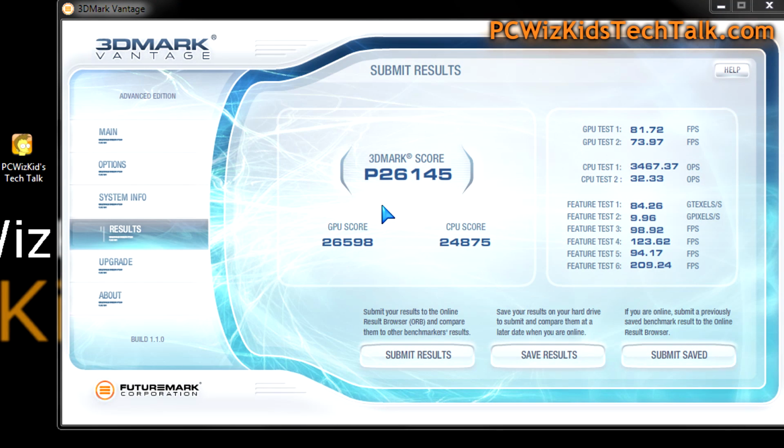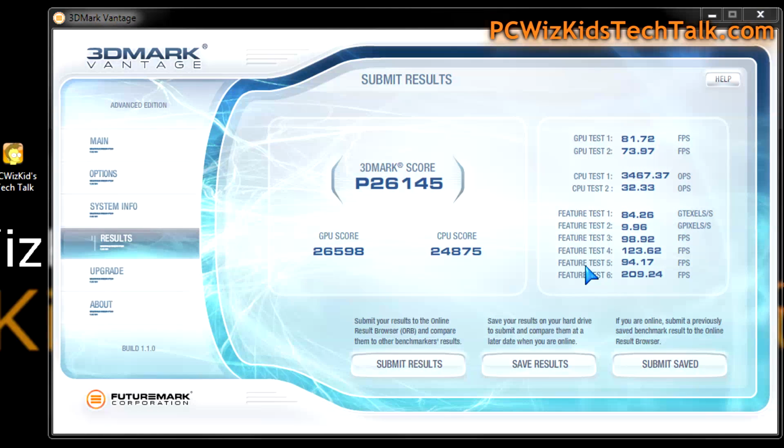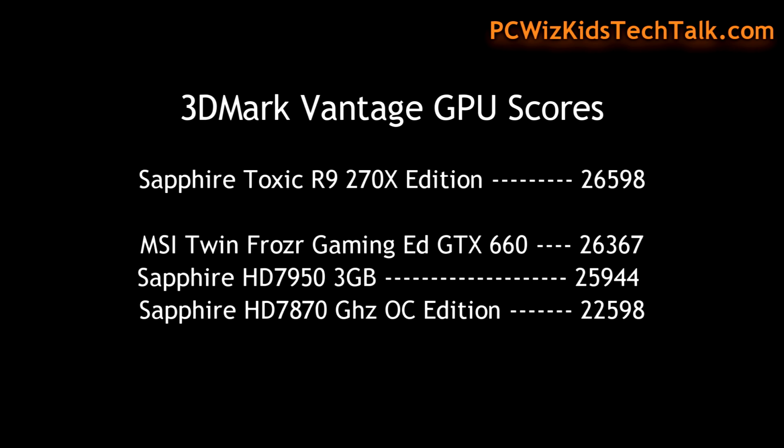Now, looking at some benchmarks, starting with DirectX 10 benchmarks from 3DMark Vantage, you can see there the GPU score. That's what we're really looking at and comparing to other graphics cards. And of course, you really don't need to overclock this card any further. It already has the boost. So there you go. There are the scores compared to other graphic cards and generations, should you decide to compare